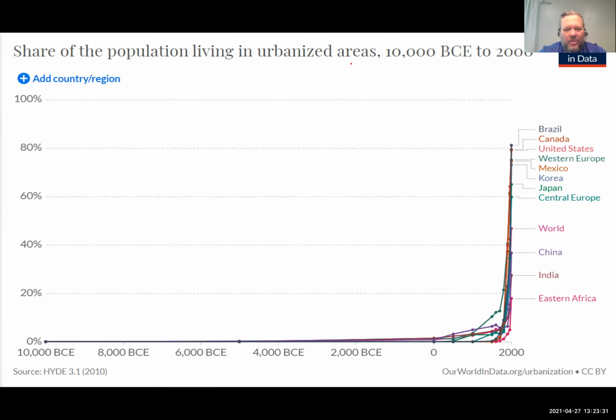This is the share of population living in urbanized areas from 10,000 BCE up until almost today. And you can see, we got this hockey stick approach going. So remember, that is the Industrial Revolution. And so it freed up a lot of agricultural labor, and we started factories, things like that. People moved into the cities for jobs, and so that's the industrialization, a big, big influence on